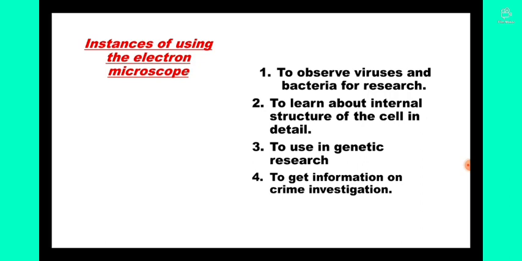Police go to the place where the crime was, and that place has blood of the criminal, and then they search the DNA with the electron microscope and find out who is the murderer